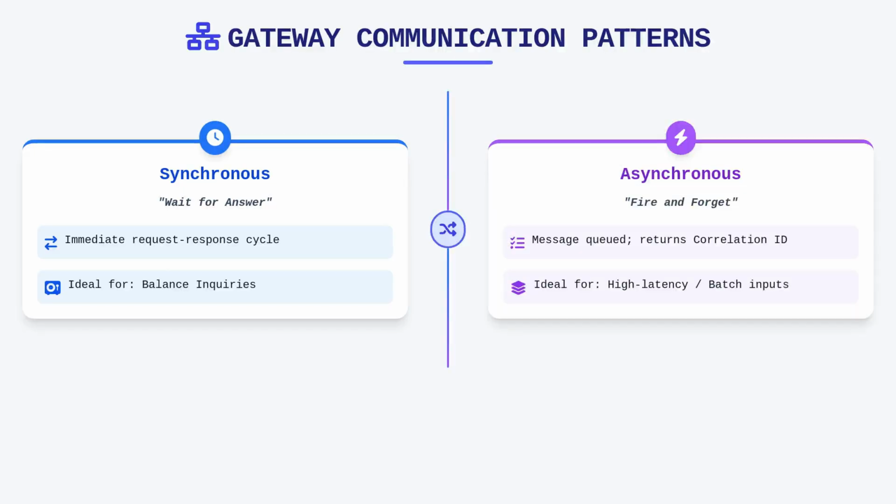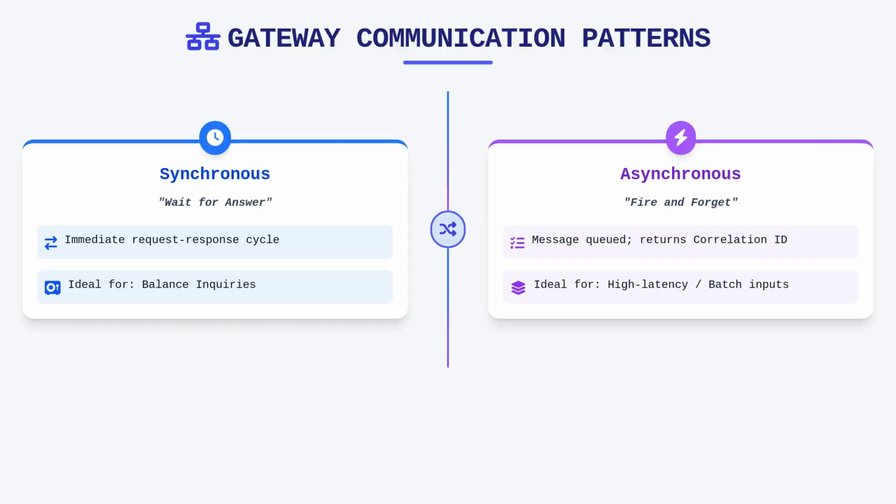Conversely, the asynchronous model is typically employed for high-latency operations or batch-like inputs, where the system accepts the message, places it into a request queue, and returns an immediate correlation identifier. Mastering the distinction between these two modes is essential, especially when you're designing integrations that need to handle varying levels